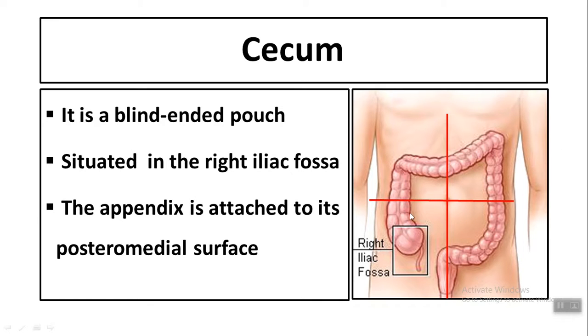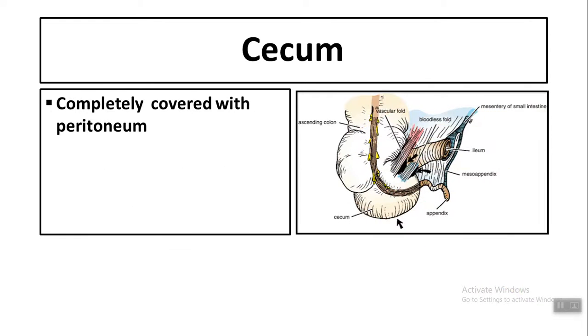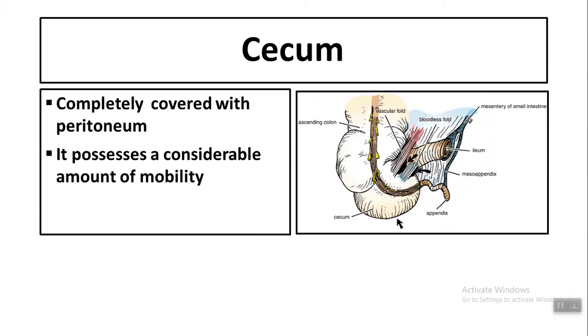The appendix is attached to its posteromedial surface. So this is the first part of the large intestine, the cecum. The cecum is completely covered with peritoneum, which gives it a considerable amount of mobility,